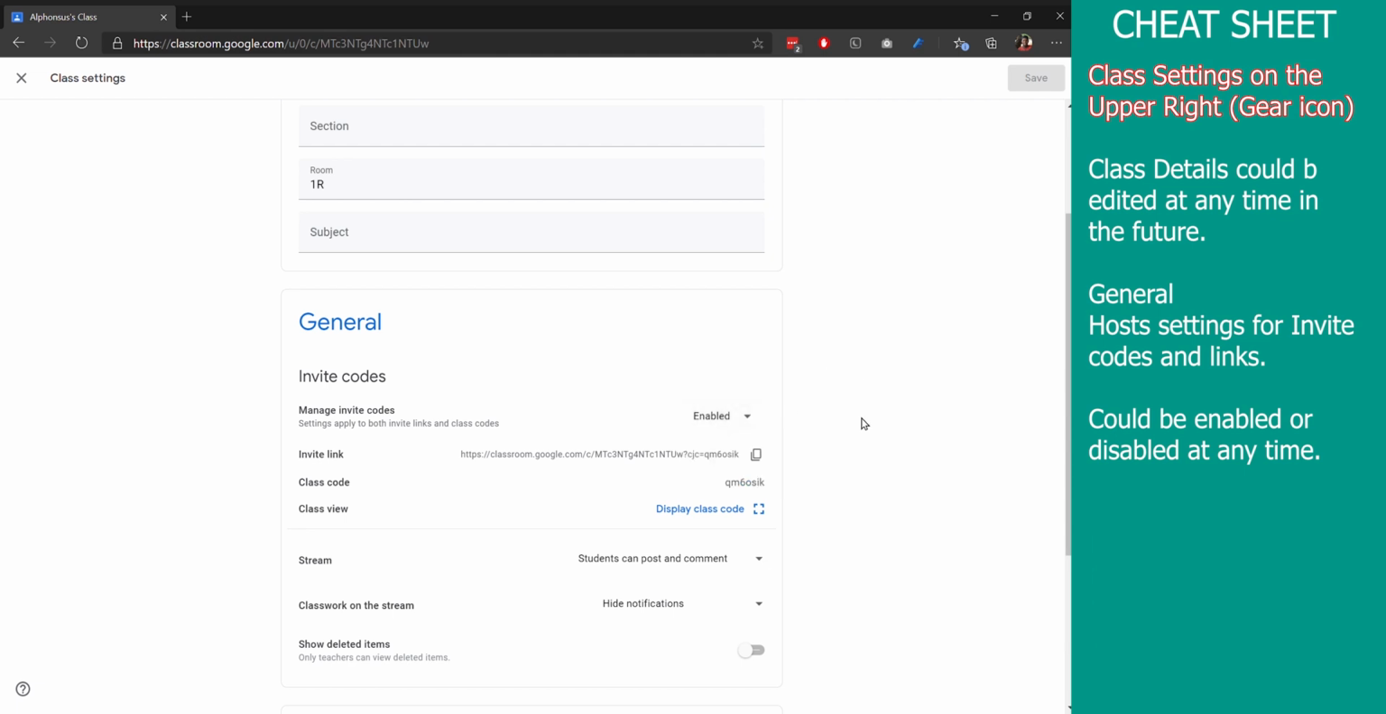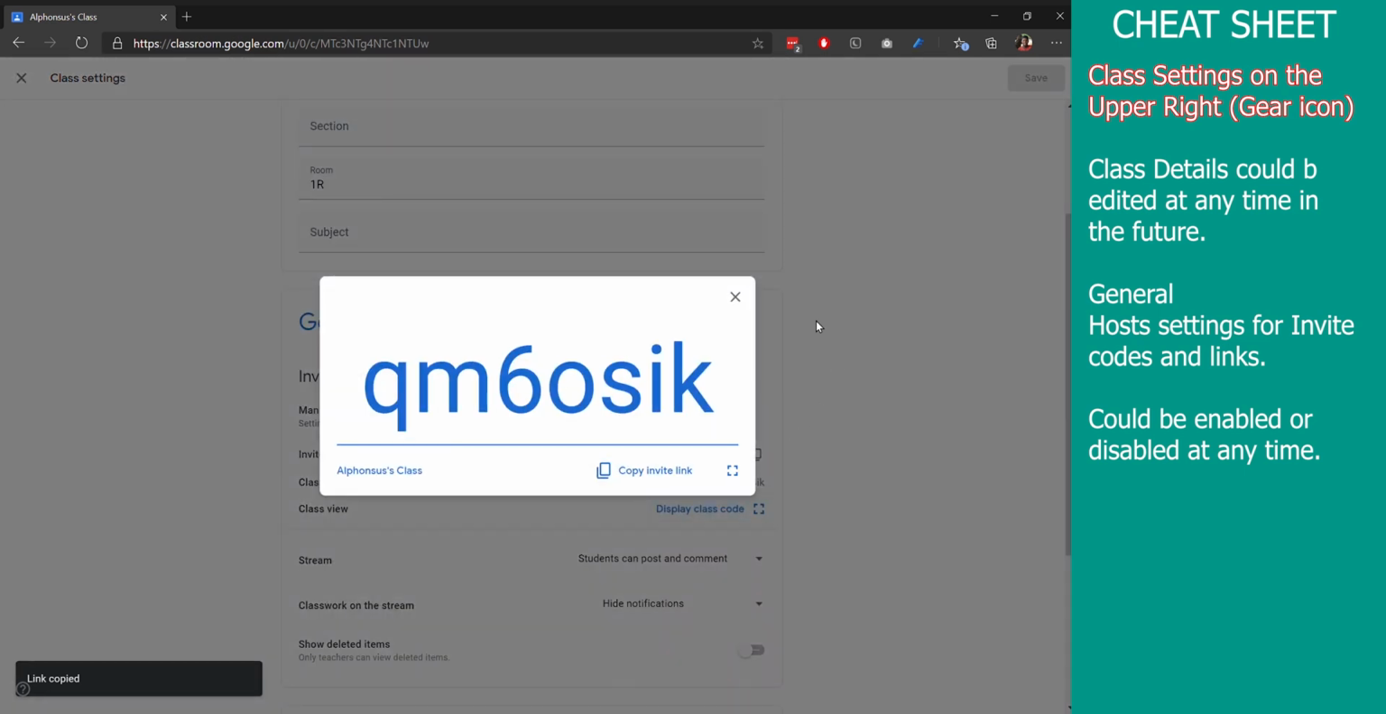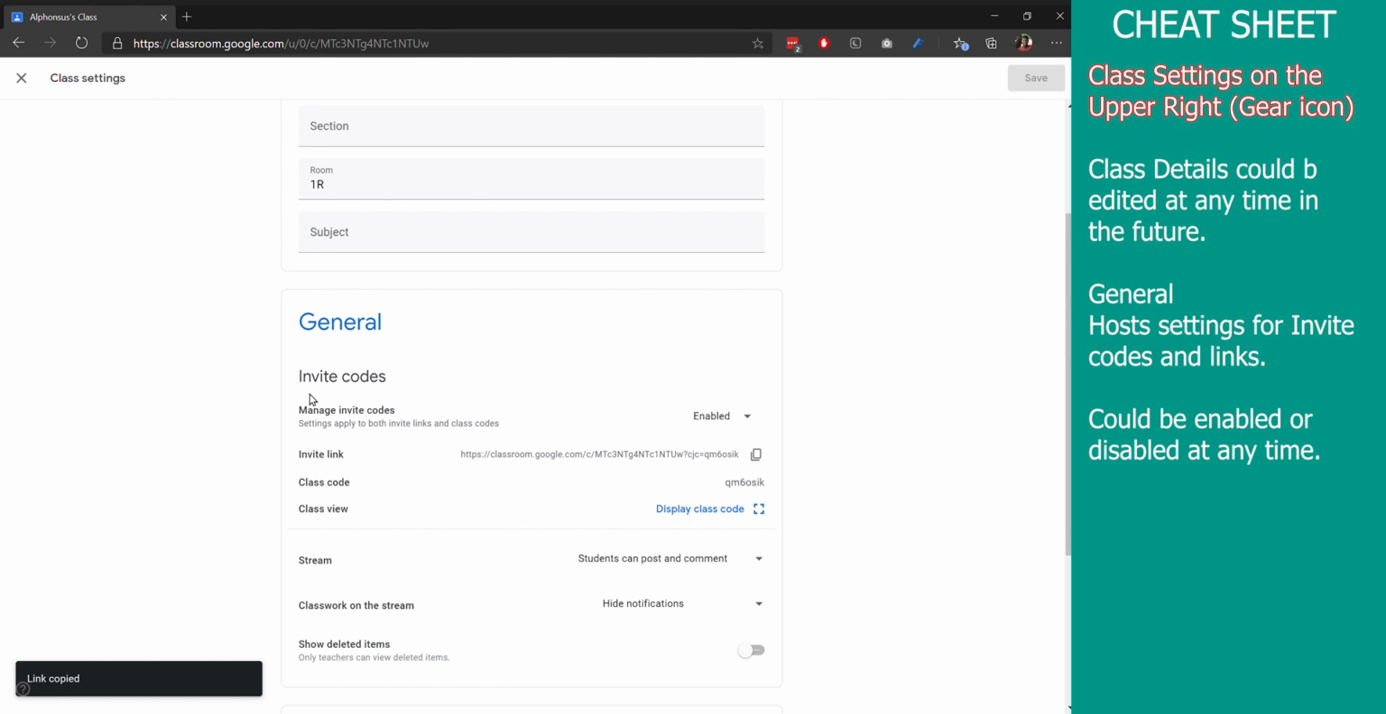For completeness, if you want to give your students a direct link to the class so that they can join, you can see that you have an invite link already made for you, which you can copy by clicking on the button on the right. There's the class code in case you missed it, and the class view just makes the information larger on the screen. Below the invite code is a section where I believe we are going to start to differ and diverge,